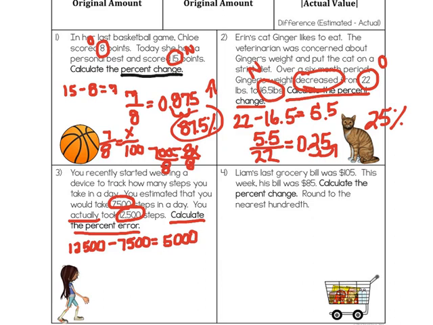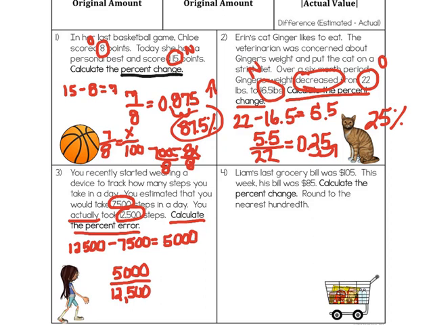Now we're going to look at how you set it up. It's a percent error, so it's not the original amount. What are we going to look at as the denominator? It's not the original amount. What is it? I hope you said the actual amount, because that's what it is. For percent error, it is the difference over the actual amount. So 5,000 is the difference over the actual is